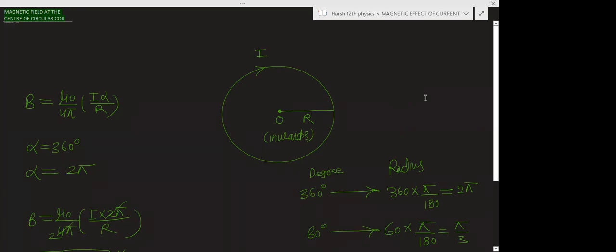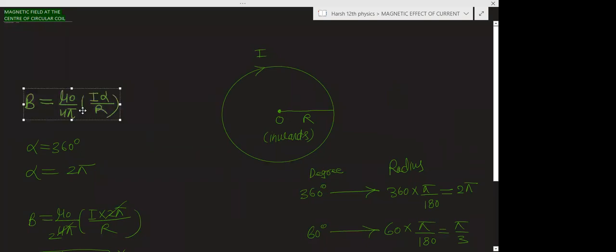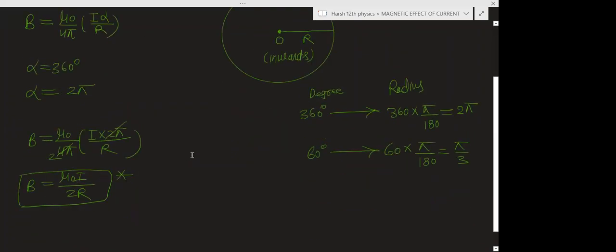And what will be the value of alpha in a semicircle? Semicircle, sir, 180, right? Very good. So I think that case you should solve by yourself. You will put the alpha as 180 degree in this formula. This is the magnetic field at the center of a circular arc subtending an angle alpha at the center. So these are very simple cases that we are discussing. So for the semicircular coil,